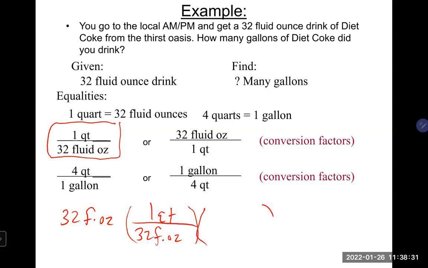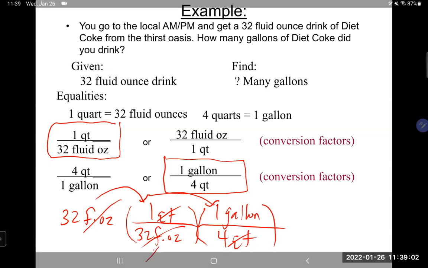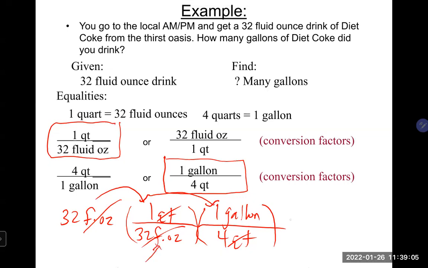If I stop the calculation right at this point, the fluid ounces are going to cancel each other out, and we are going to be left with quarts, which is still on top. And that's important because now I know I should use this as my conversion factor. Quarts are on the bottom so that they cancel each other out. That gives me 1 gallon up on top, 4 quarts on the bottom. Quarts will cancel. We're going to multiply across the top, come back and divide by what's on the bottom. And in this particular case, you end up with 0.25 gallons